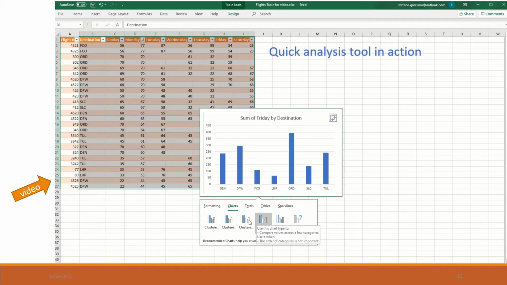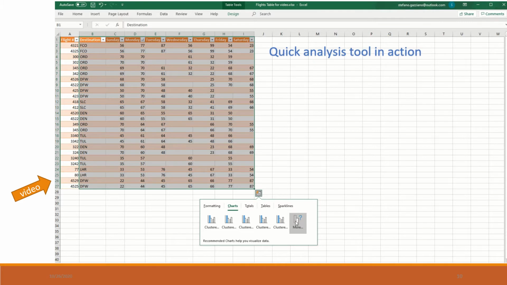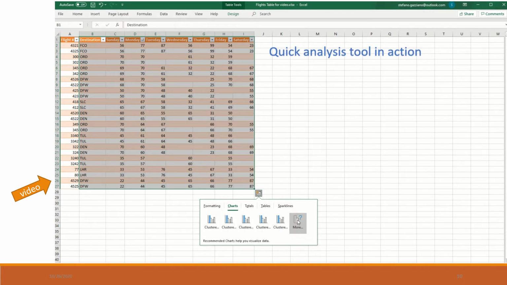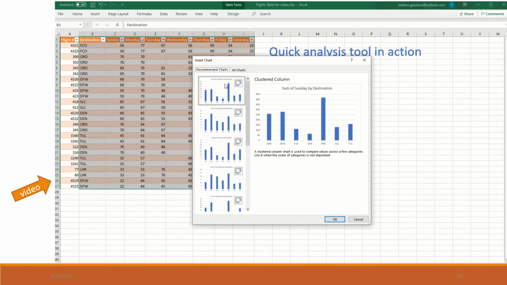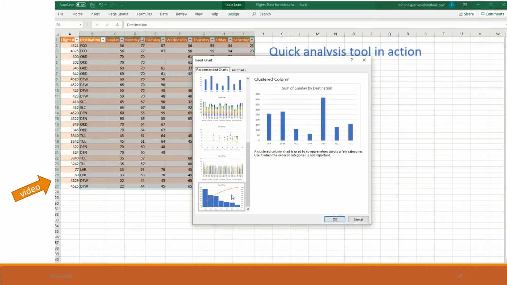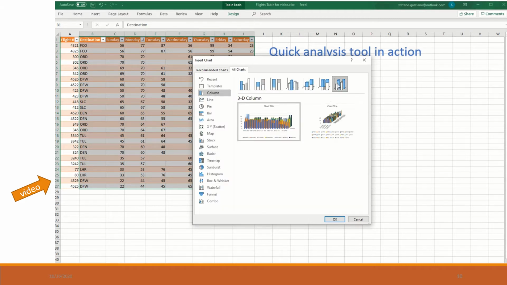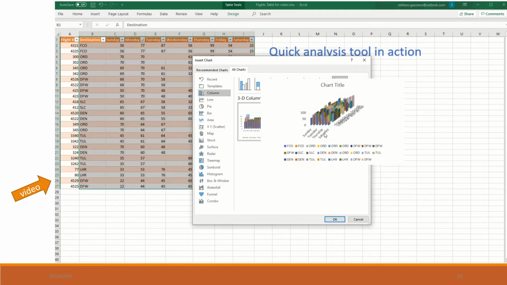If we want these charts for the days of the week and the destinations together, that's going to be a 3D chart, and we can change the chart that Excel is offering us by dividing by destination, day of the week, and single flight. Or we can have a 3D chart which shows us